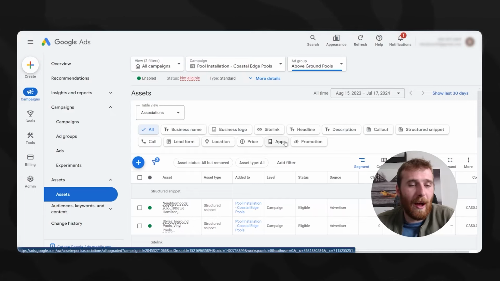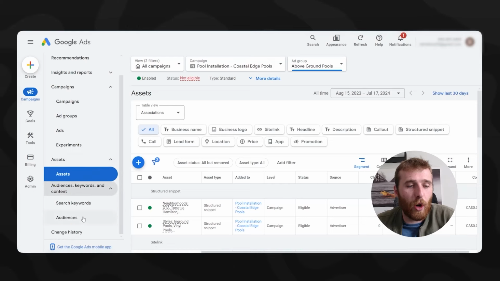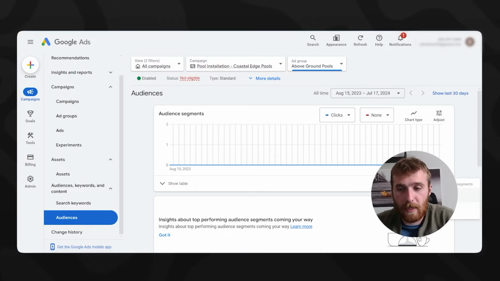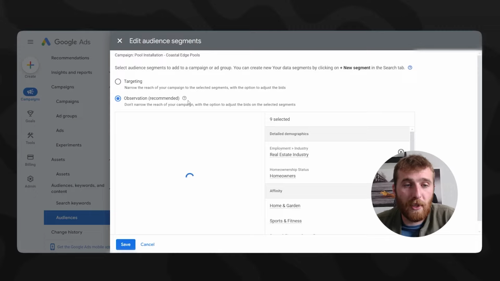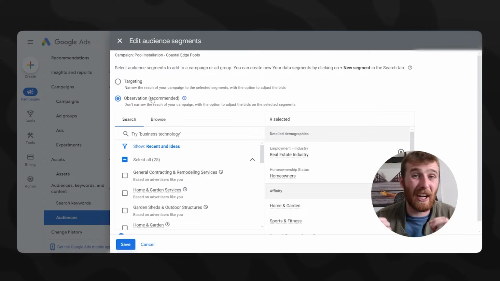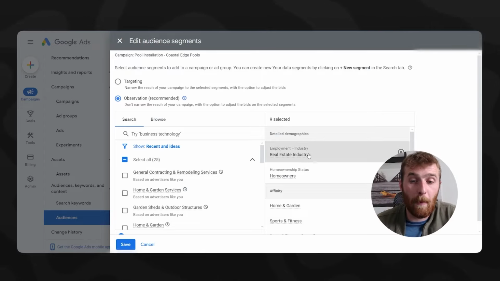Another thing I would look at is the actual audience segments. If you're using any sort of performance max campaign or you're set to targeting mode, specifically in search campaigns, I would adjust that. You would want to go with observation. The reason being is Google's going to take all of this data and just observe it. It's not going to limit you to one specific audience, which I've seen quite a few campaigns do where they're